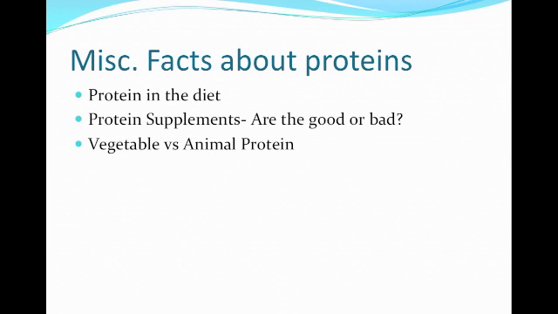So let's talk about protein in the diet. Proteins are really important for any human being's diet because proteins serve a lot of functions in the body, and you really need to have them in your body. So, dietitians recommend about 0.4 grams to 0.7 grams of protein per pound that you weigh. The ratio varies a little because adults need more protein than maybe really small children, so that's why there's a huge gap in the ratio. For example, a person who weighs 100 pounds will probably need 50 grams of protein if we look at the 0.5 grams per pound ratio.